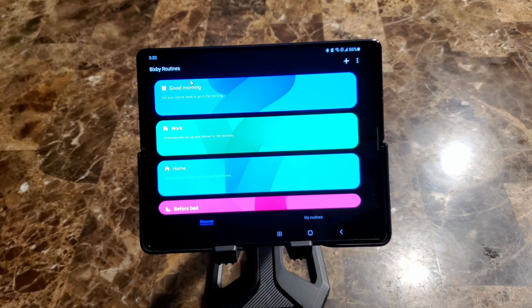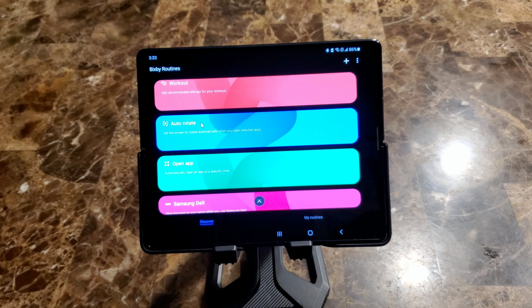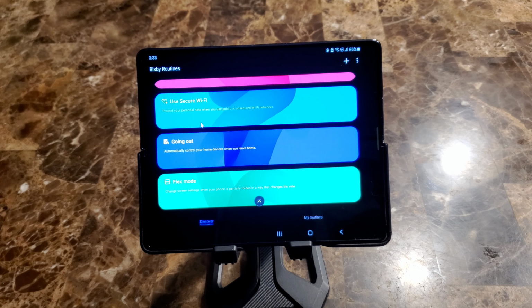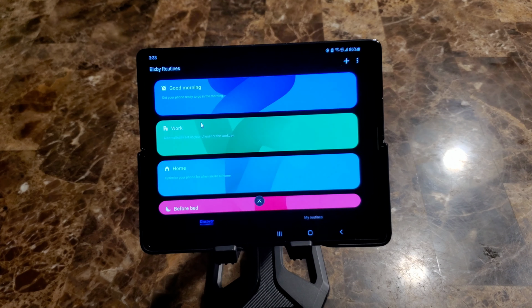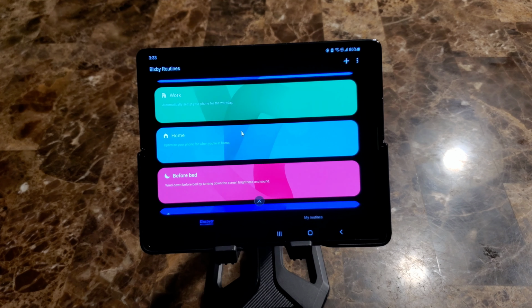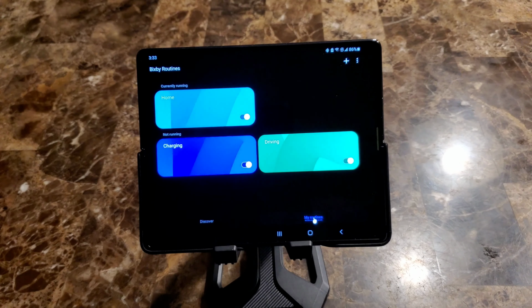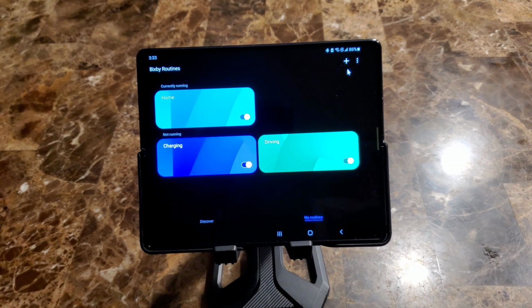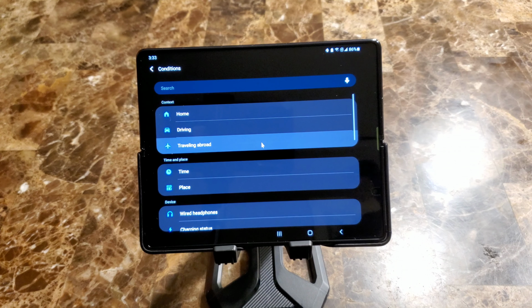Bixby Routines has some defaults set up for you. You can go with a default routine that Samsung already set up, and you can add to it or take away if it doesn't work for you. Or what I like to do is go to my routines and set up my own, and the way you do that is you hit the plus button. Now first you have to say